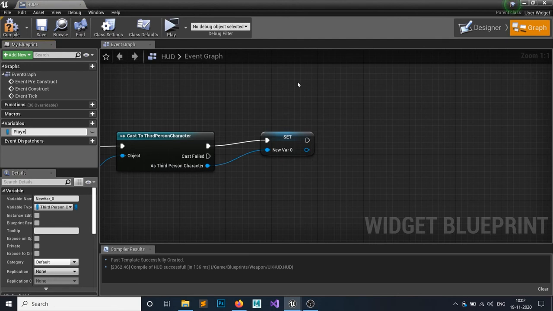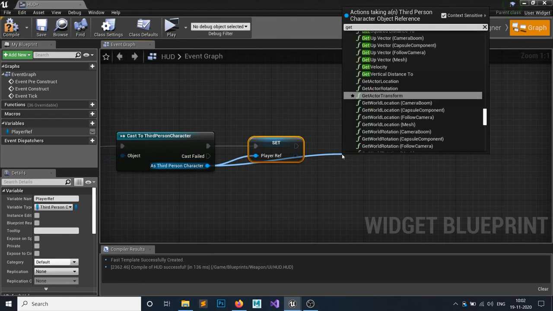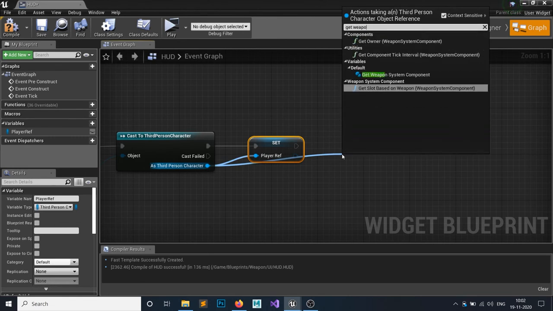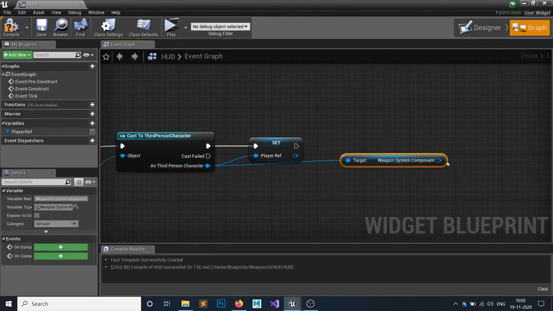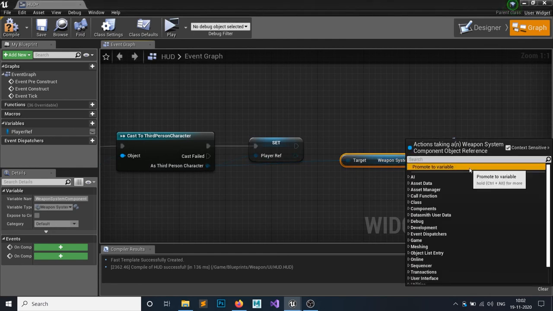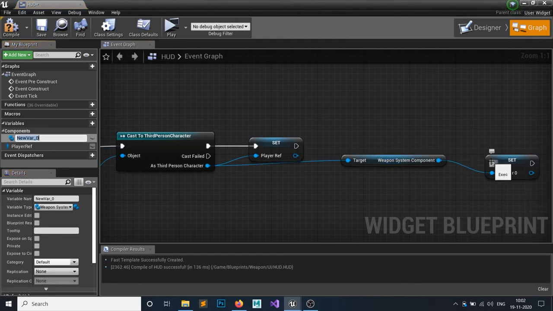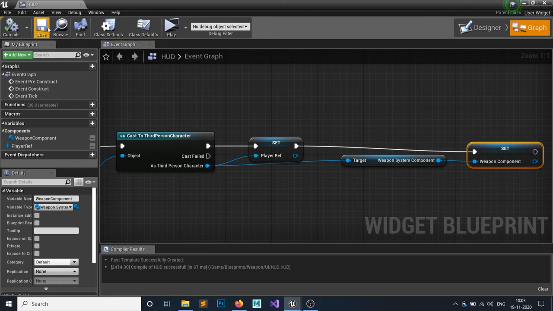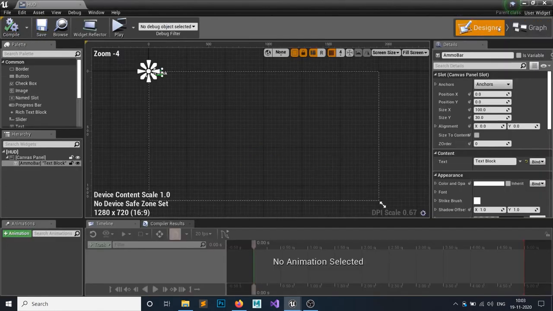The player reference, and I need that weapon component as well because it will be used very often. So get weapon system component, and I will promote this to a variable. Call it weapon component, whatever you want. Let's set it here so that I don't have to set it in here.